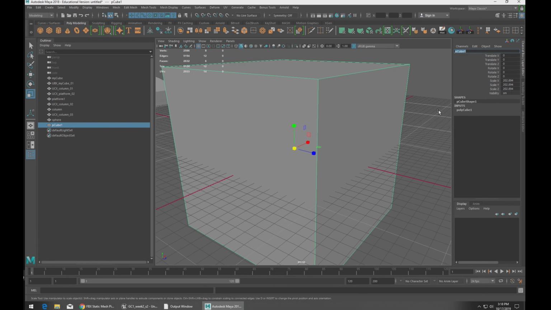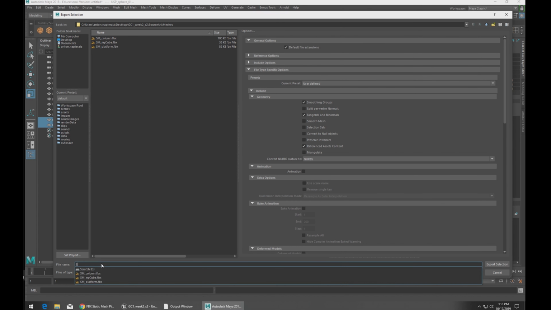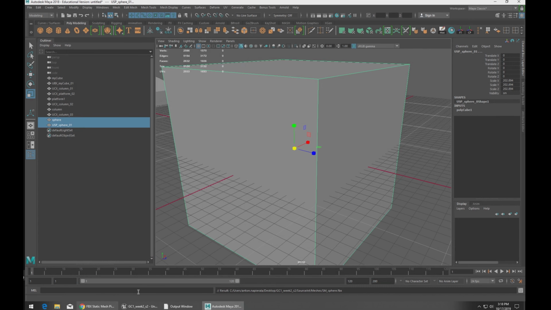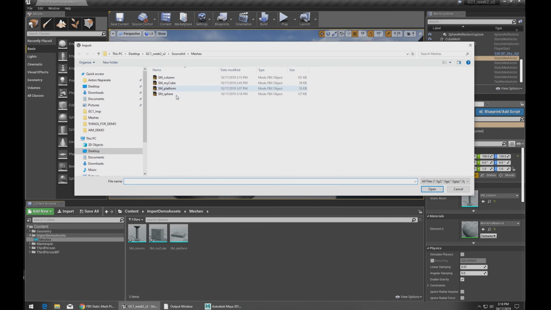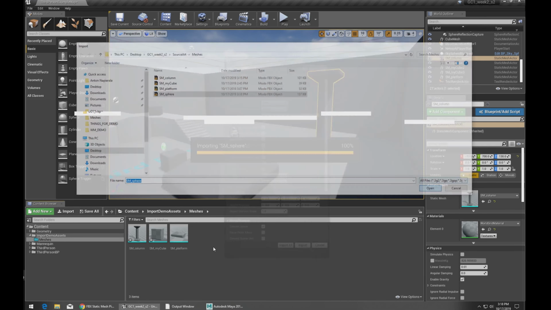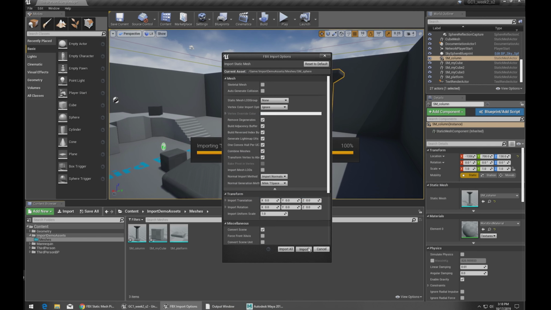So if I make a cube that's roughly the size of the bounding box of that sphere, I'm going to make it a touch larger because I had an issue last class where I made it a touch smaller and it just sat slightly inside, and you couldn't see it. I'm going to call this USP_sphere_01. And if I select all this, export selection, SM sphere, you'll see that when we bring it into Unreal,